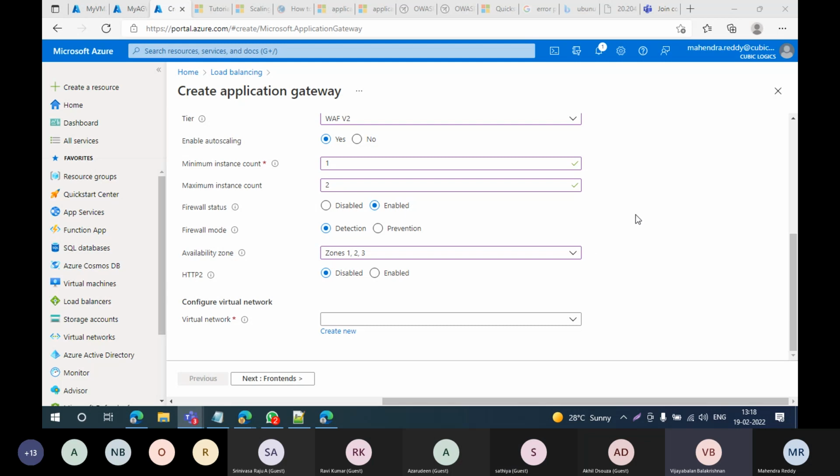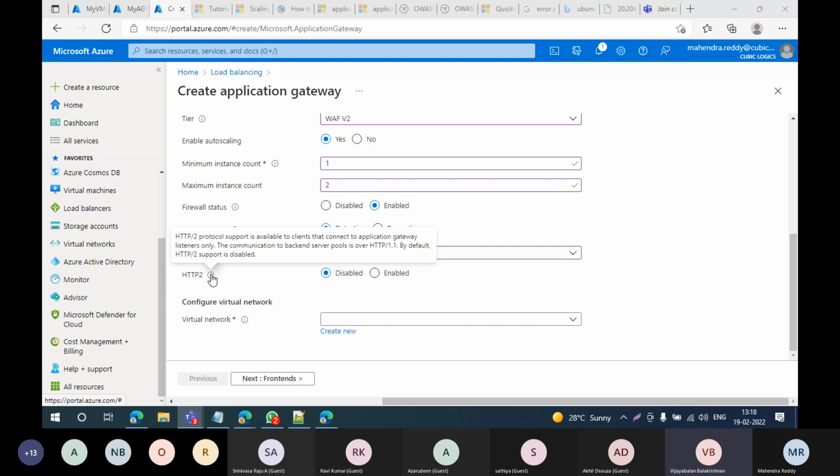That is why I'm making you all understand how you need to study. Hereafter, don't say you don't have real-time experience. Even if you go to a cloud project, you cannot explore all the services. Only what is allowed, you are able to work on. How do we explore all other services? This is the reality of IT. So you need to study like this. The first time, you implement without any question. Next time, you ask about each and every option: what is what, when it is needed, how to implement. If you ask like this, I'm sure you will get real-time experience. This is the real-time experience. Okay, go ahead, Mahendra.